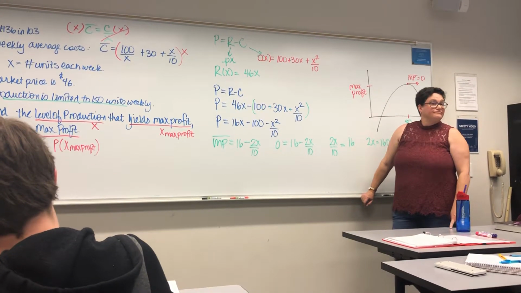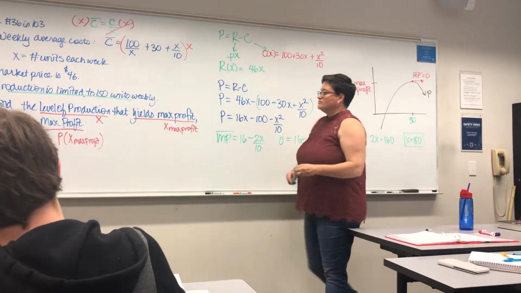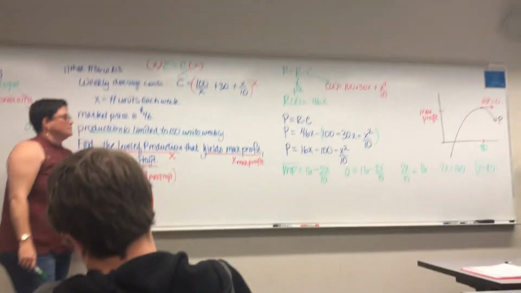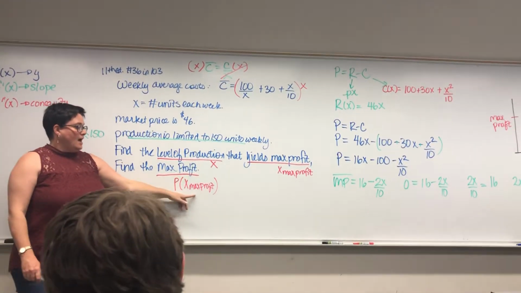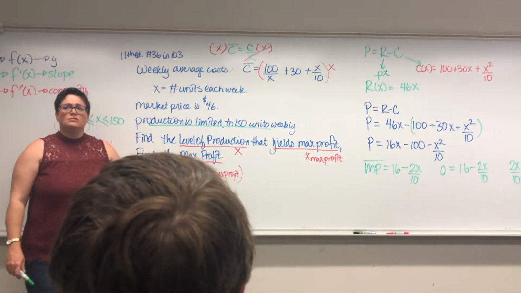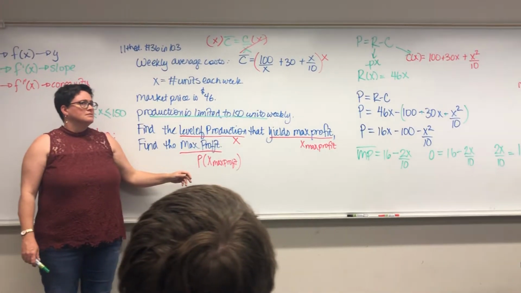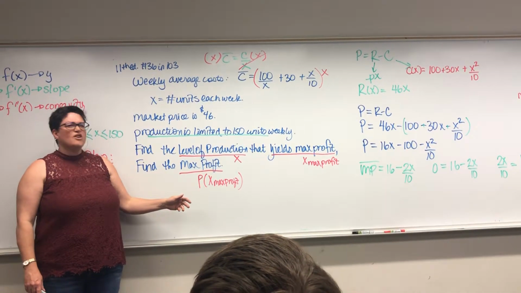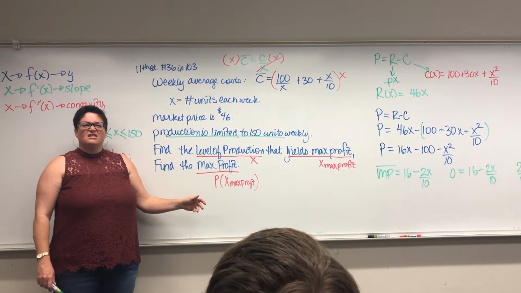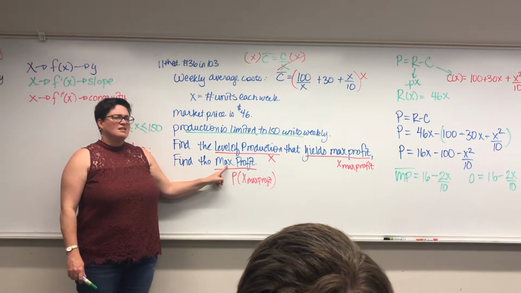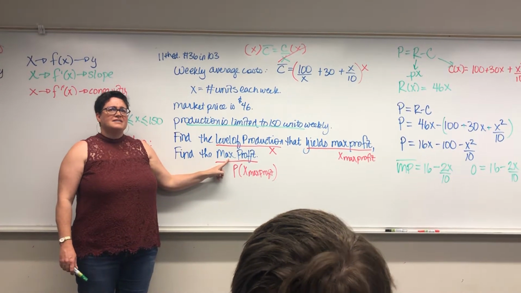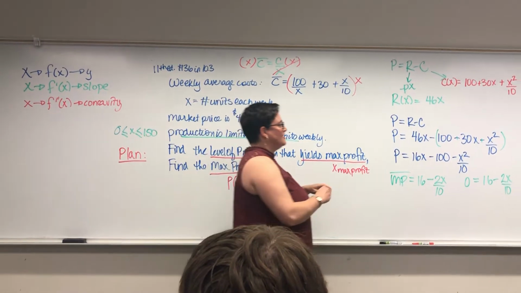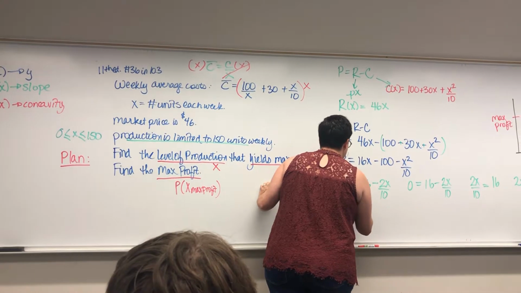Am I done? What do I do next? The max profit. I need max profit, so what do I do? Plug it in. Yeah, I shove 80 into what? Revenue? Price? Marginal profit? Profit. Cost? Am I looking for cost? Average cost? What was I asked to find? So where do I shove x to get profit? Profit. Good. So profit at 80